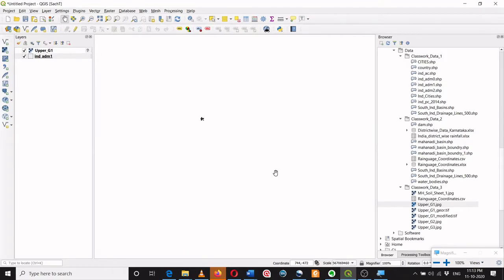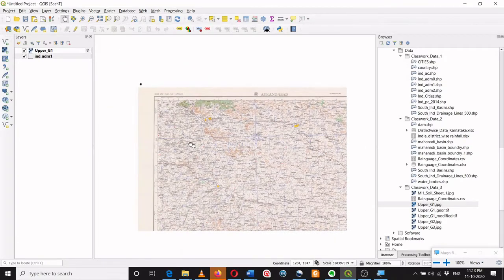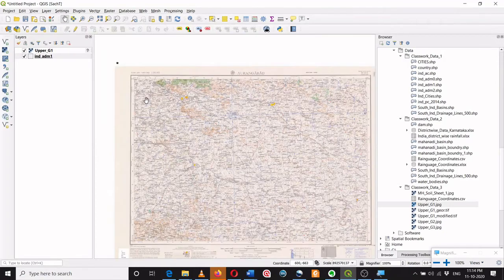This image is really indicating a very small portion of India, yet you can see the size of this image, or the area occupied by this image, is much larger than the India. The map of India now you can see over here as a black dot. So it means this image has been loaded in this canvas, but this image doesn't have any coordinate reference system.